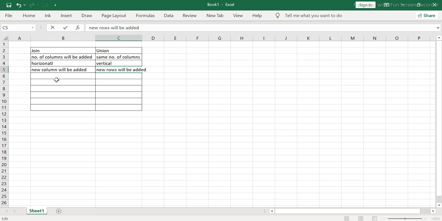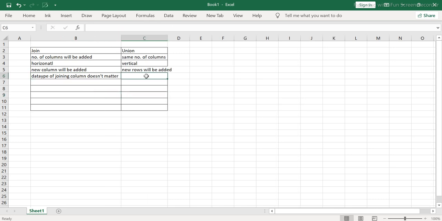Okay, guys. Hope you are able to understand. Now, as I said, the data type should be similar, but here the data type of the joining or matching column doesn't matter. But here it matters, right?